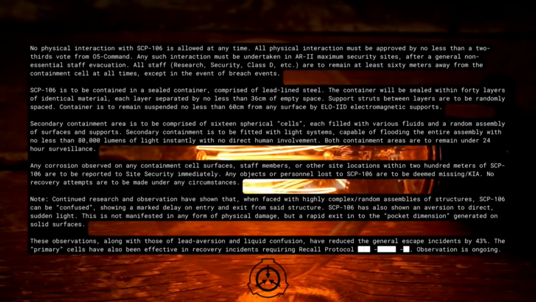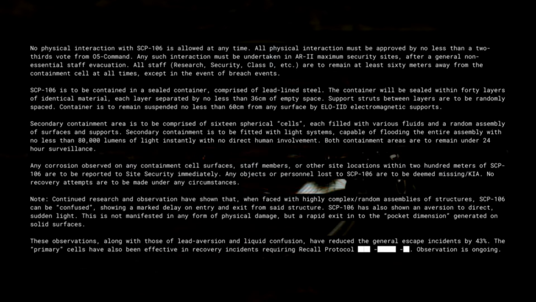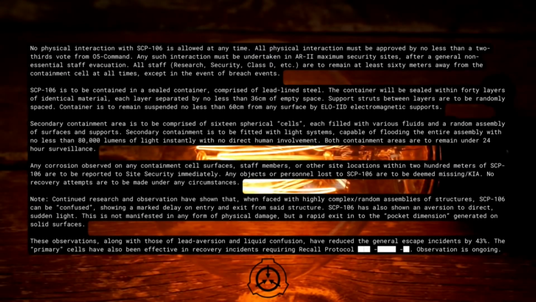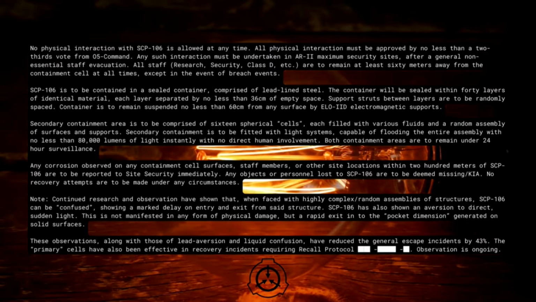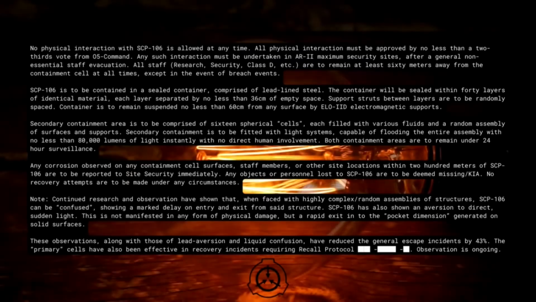SCP-106 is to be contained in a sealed container comprised of lead-lined steel. The container will be sealed within 40 layers of identical material, each layer separated by no less than 36 centimeters of empty space. Support struts between layers are to be randomly spaced. Container is to remain suspended no less than 60 centimeters from any surface by